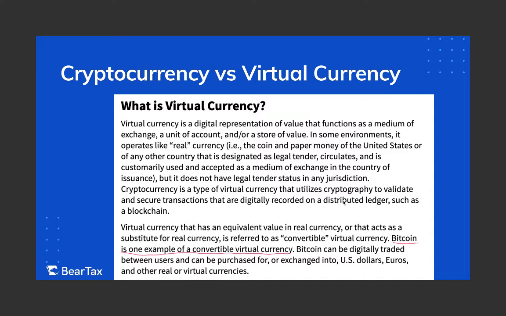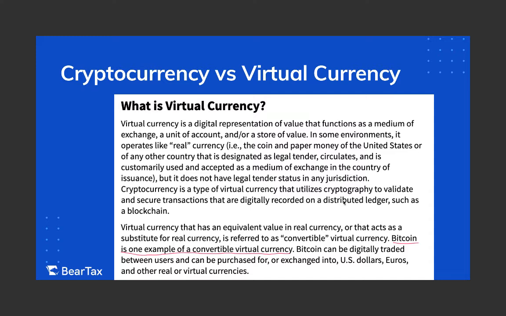Before everything, what is cryptocurrency, or how does the IRS see cryptocurrency? They define it as virtual currency, with a definition there. It's not a real currency, but it operates like real currency. It can be exchanged between two individuals via an exchange or OTC or anything. It should have all those characteristics.